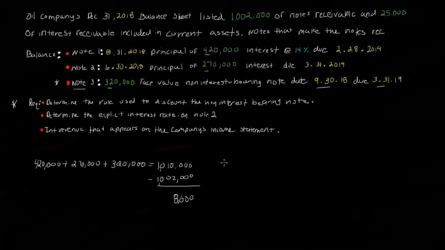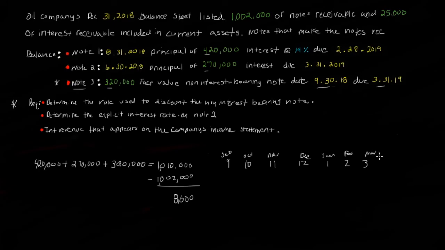We are going to draw out a little timeline: 9, 10, 11, 12, 1, 2, and 3. Obviously this is September, October, November, December, January, February,